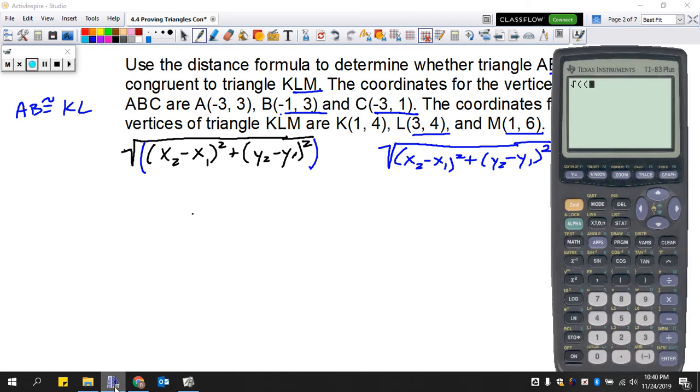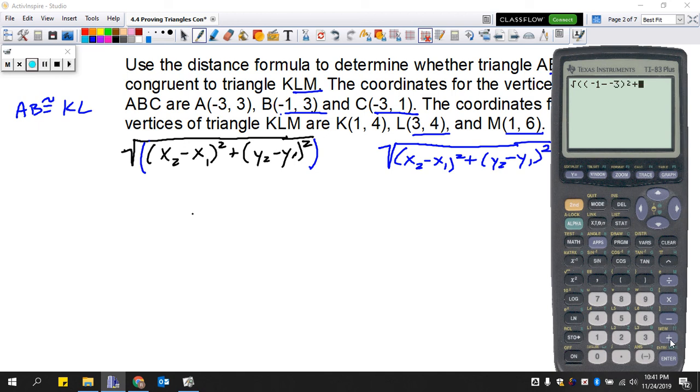It thinks we're just taking the square root of this over here, of the x's. So we have to put parentheses around everything. All right. So square root of parentheses. Now we subtract the x values, we're doing BC. So we say -1 minus -3, close it, square it,